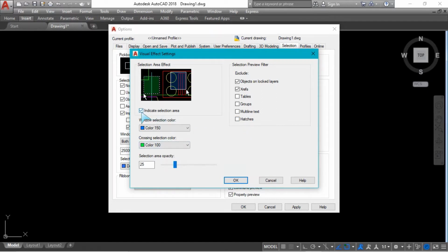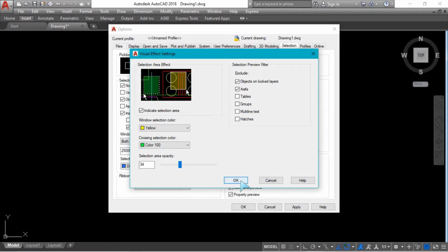Now we will check here, it is already checked, for visual indication of the selection area and to choose the color for window selection and crossing selection. From here we can change the color of your selections. You can choose green, yellow, red, whatever you want. From here we can change the opacity of our color.